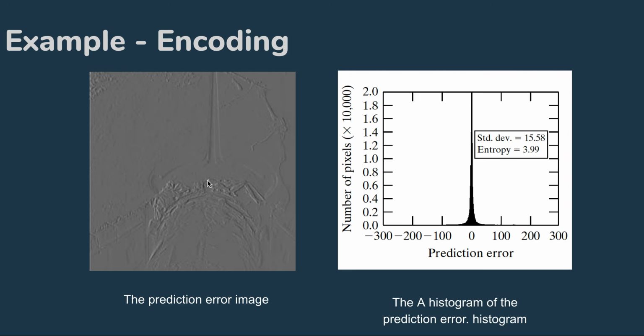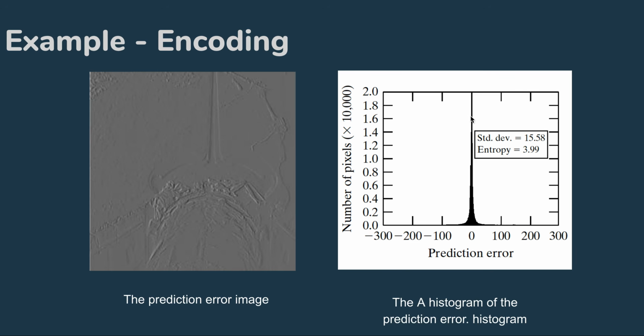So this is the prediction error plotted as an image. I have said that if you have an image with values ranging from 0 to 255, then you have to store a number from minus 255 to 255, because you will have both positive and negative error. If you look at this diagram, it will have values from minus 255 to 255, so we have mapped the value minus 255 to 0 in this image, and plus 255 to 255 itself, then 0 will be mapped to the value 128. So that is how this image is plotted.